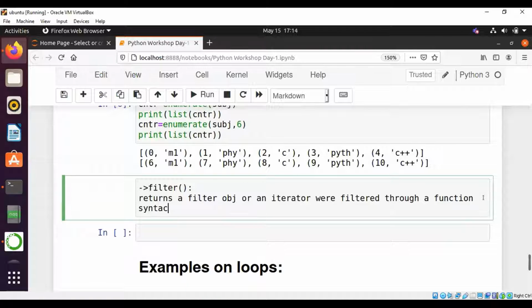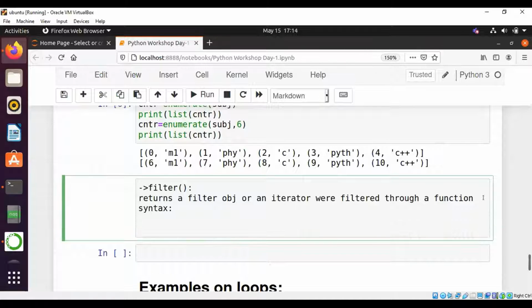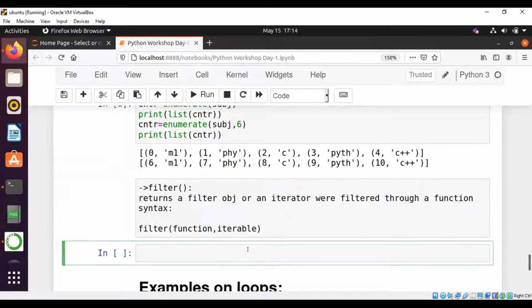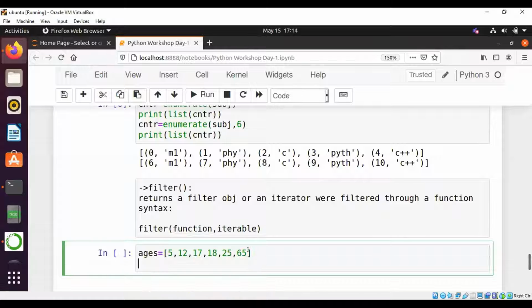Let's see the syntax of filter. Filter is a keyword. So filter function, comma, iterable. By seeing the example, you will get to know how filter works. Let's have some ages of students or some persons: 10, 5, 12, 17, 18, 24, 25, 65.